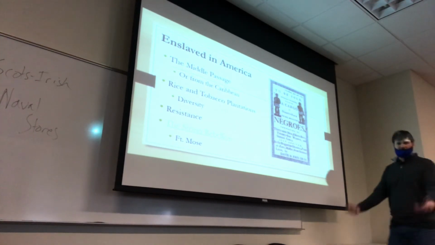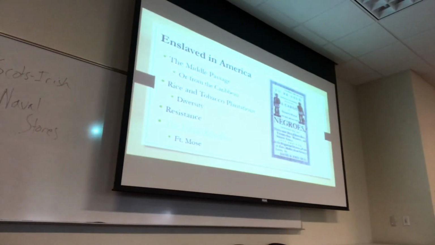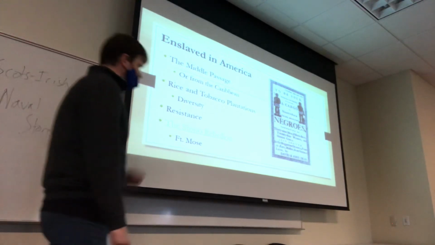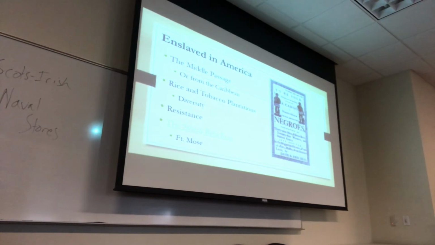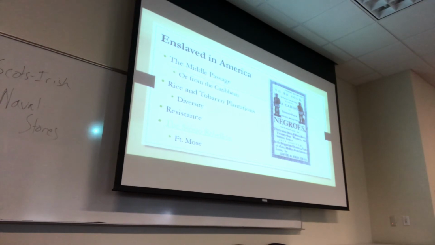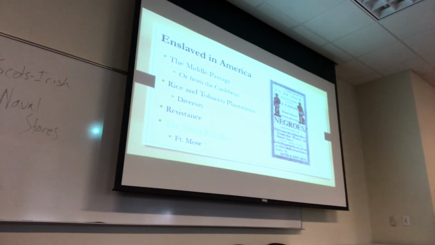And so, numerically speaking, the odds for the slave, that enslaved person, is probably going to end up on one of these big plantations. Where during this time, historians have done a good job of showing us that American slavery looks a lot different depending on not just where you're looking, but when. And I stress, during this time, there was an incredible amount of diversity on these plantations. What I mean is not like diversity of color. I mean, you could have a single tobacco or rice plantation, if it was one of the big ones, where